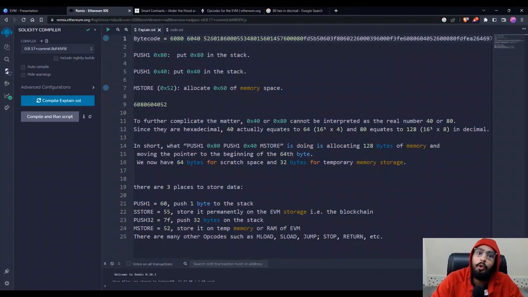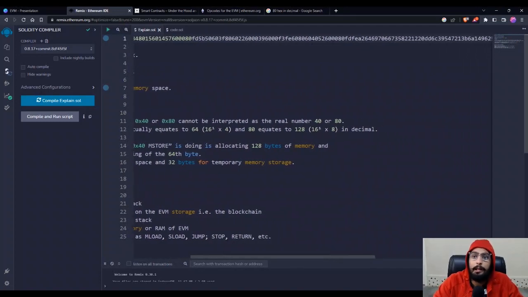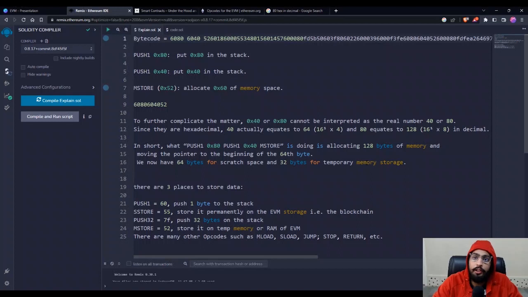If you want, you can go through all of this bytecode and try to understand what it is doing. If we go through each and every opcode to understand what every opcode is doing, it will take like a 2 hour long video. If you want, I can create that. Just comment in the comment section, but right now I just want to explain to you how it is done. So till now what we have done is